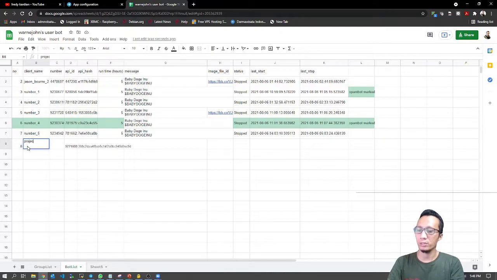I will put it as Axiata because this number is using the Axiata number, and also the phone number.